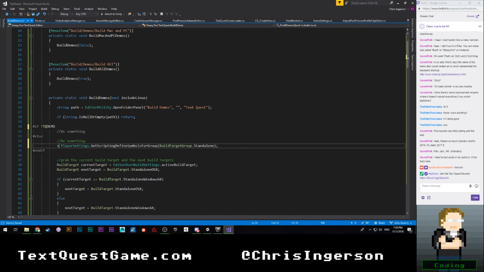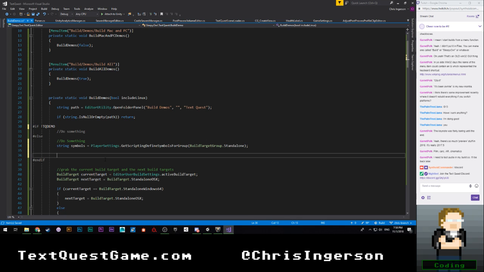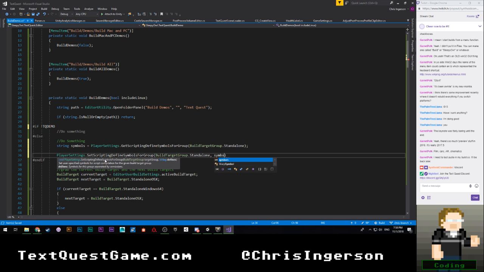So we're going to say string symbols is equal to that. And then we're going to say player settings dot set scripting define symbols for group build target group dot standalone followed by symbols plus